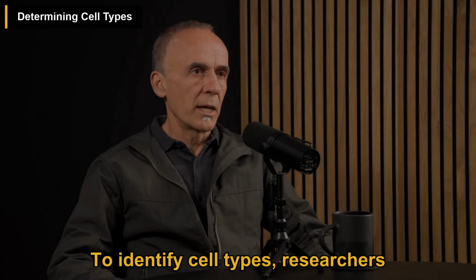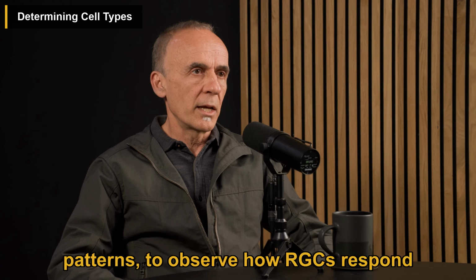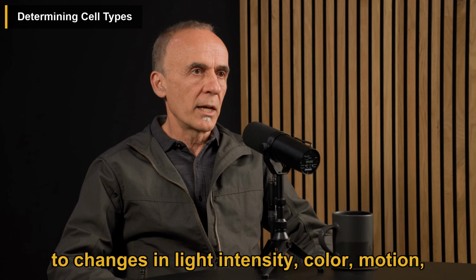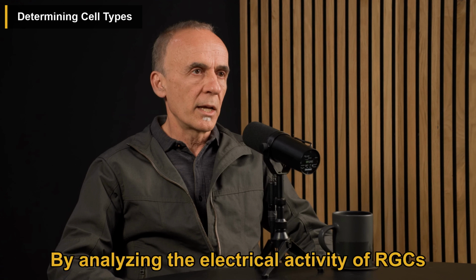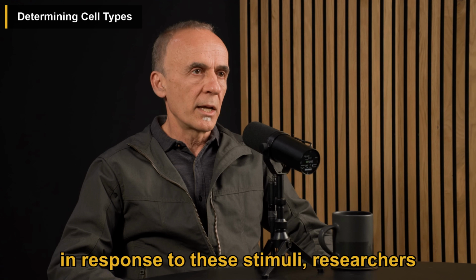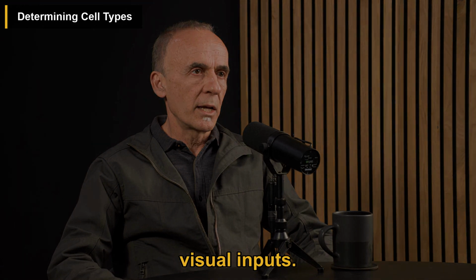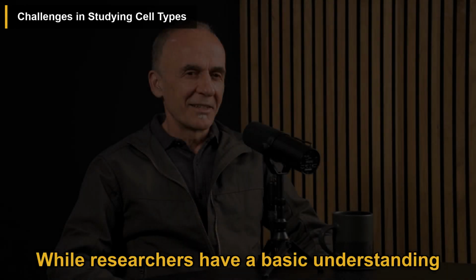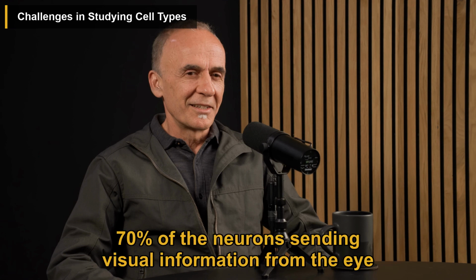To identify cell types, researchers use random visual stimuli, such as flickering checkerboard patterns, to observe how RGCs respond to changes in light intensity, color, motion, and other visual features. By analyzing the electrical activity of RGCs in response to these stimuli, researchers can categorize the cells based on their preferred visual inputs. While researchers have a basic understanding of the 7 RGC types that make up 70% of the